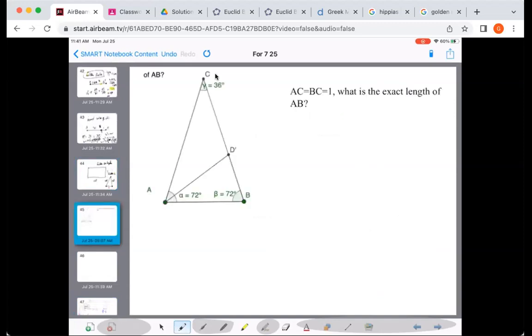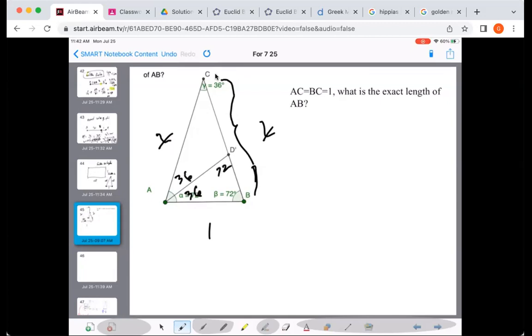I made this X, this 1. That's X. It does not seem possible to figure out what X is without trigonometry. But we are going to be able to. Because